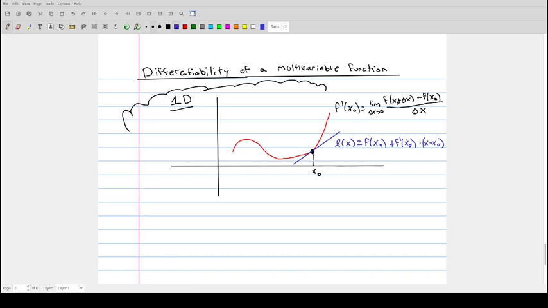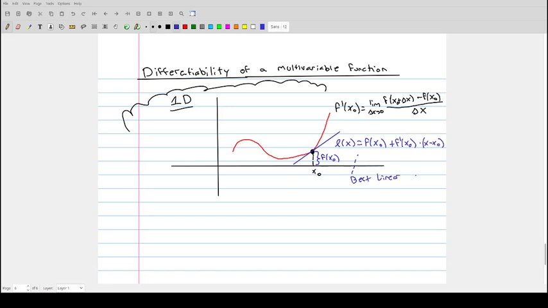So the tangent line of a function f at a point is exactly f of x naught, the height of the function when x equals x naught, plus m times x minus x naught. The slope of this tangent line is exactly f prime. But if this limit exists, then this L of x is the best